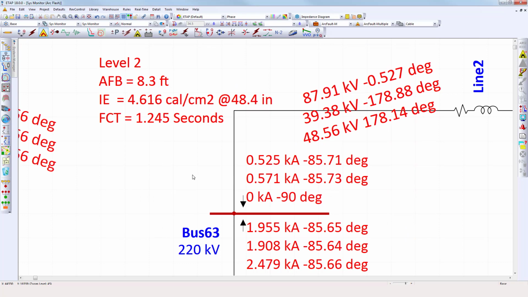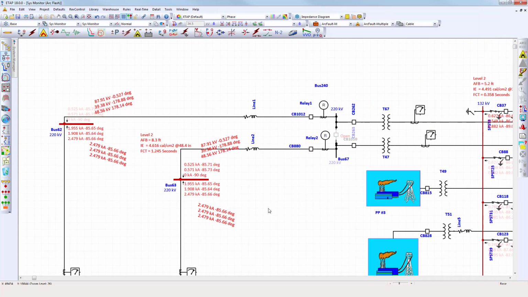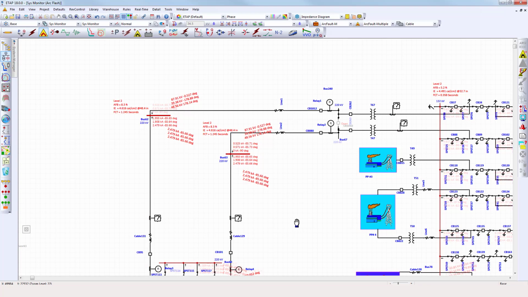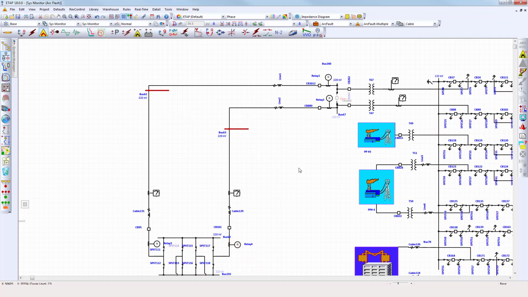Now let's proceed to show a simulation of the operation of protected devices. Let's zoom out into a particular portion of our system where we have a couple of transmission lines, 220 kV lines, and we're going to switch our study case to perform a single arc fault on either one of these two parallel 220 kV lines